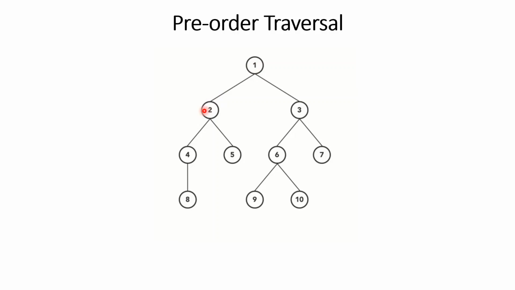So when it moves on to 2, it will understand that 2 is the root node of another subtree, right? Standing at 2, we will understand it is the root of this subtree. So standing at 2, what will it think? Now I am root, so I will be printing myself. So 2 will be printed next, after 1. Is it clear? After root, we have to print left. So from 2, we will take left.